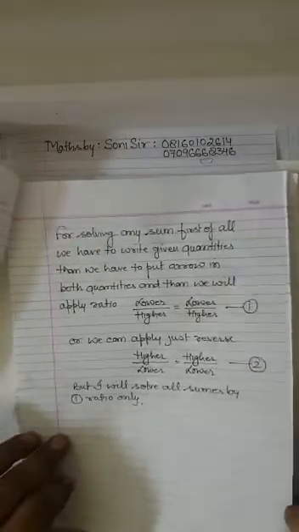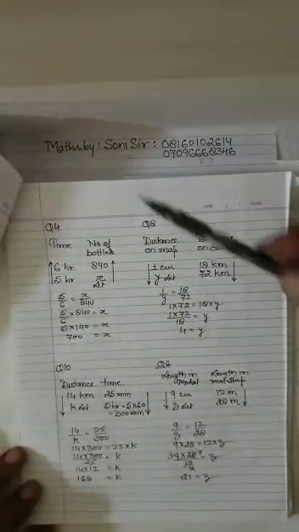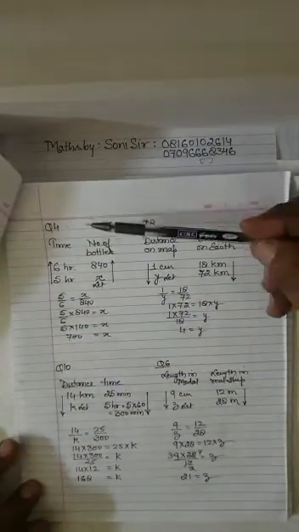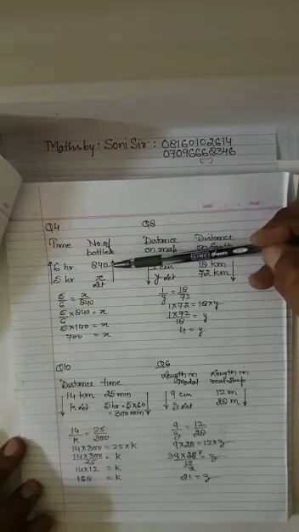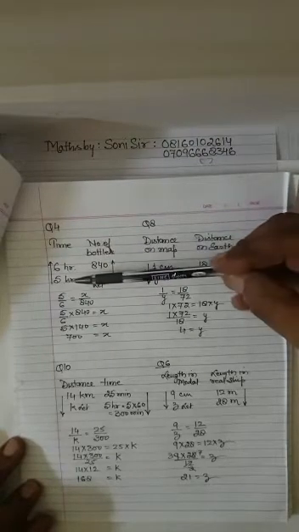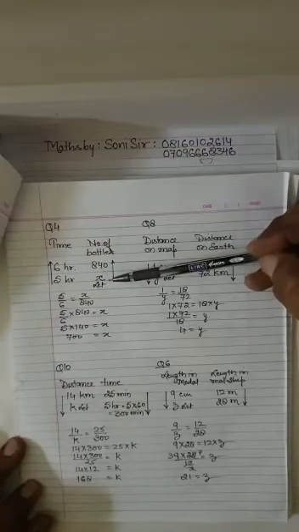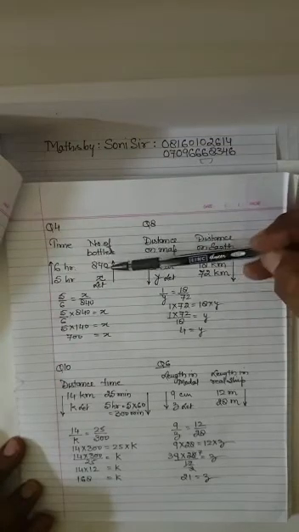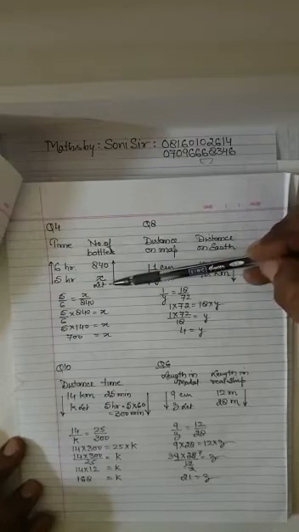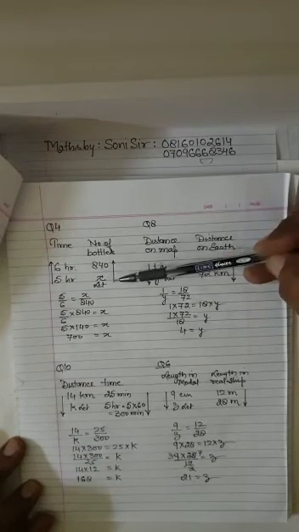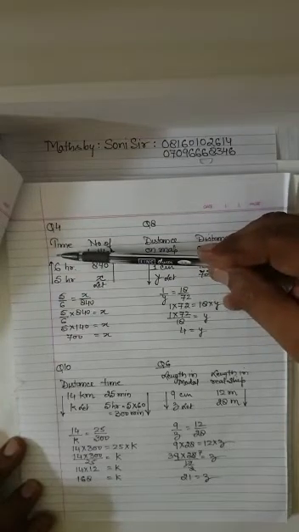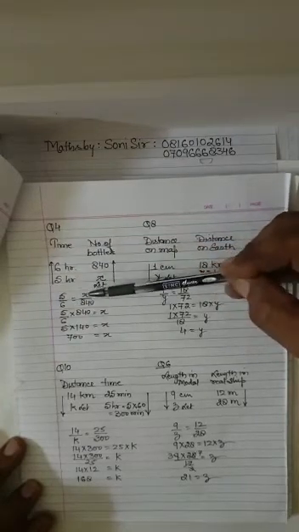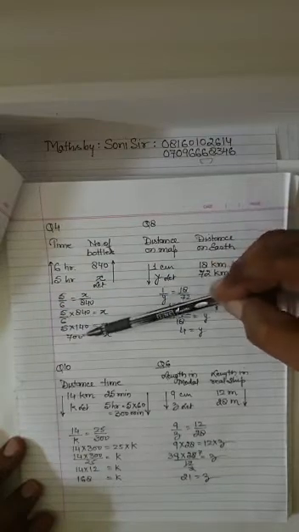See, one by one I am taking sums. First sum. Question number 4. In 6 hours, a machine can fill 840 bottles. In 5 hours, how many bottles can it fill? Very simple. 6 hours, 840 bottles. In fewer hours, a smaller number of bottles will be there. So I have marked the arrow from lower to upper, lower to upper. Now apply lower to upper is equal to lower to upper. Cross multiply. X is coming 700.